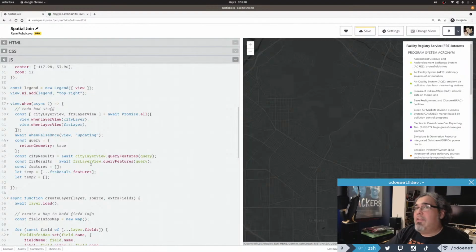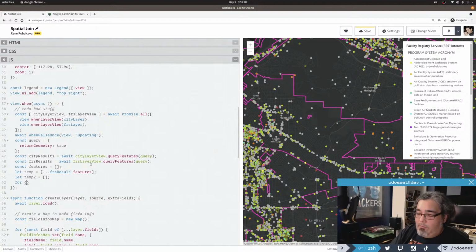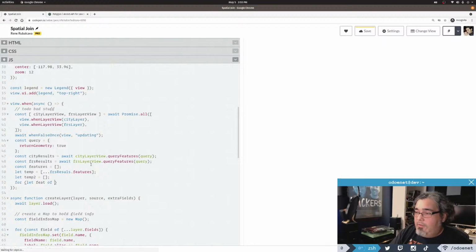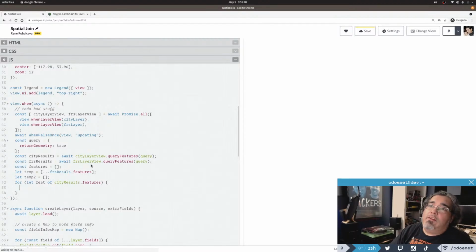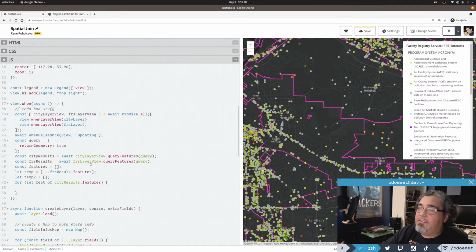Let's get through this and I'll show you what I'm trying to accomplish. I don't know if it's really the best way to do it, but I found it saved a few seconds. So cityResults: I am interested in iterating over every polygon on the layer. Every polygon for the city I can see, I want to iterate over. Then I need to iterate over every point on the map with each polygon. And you can see where this gets slowed down, because every polygon now needs to check: